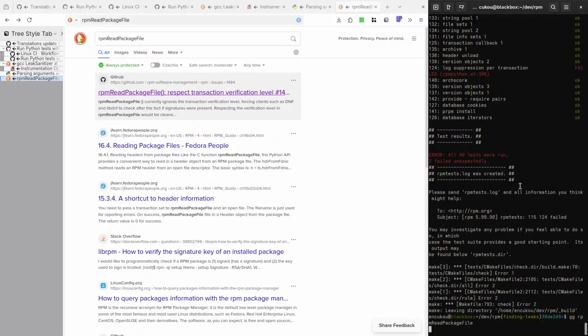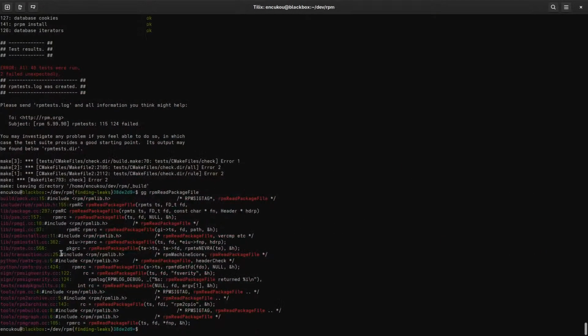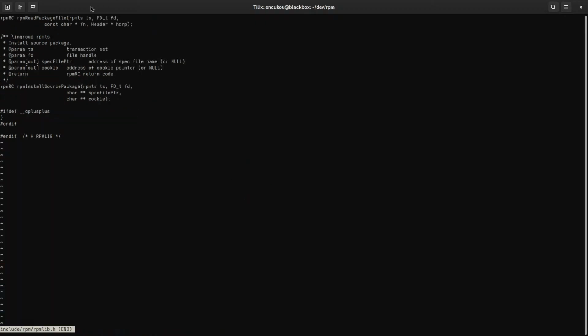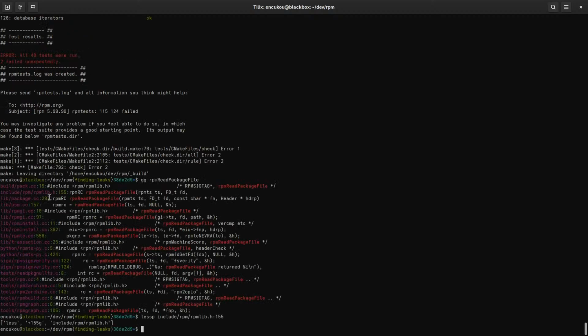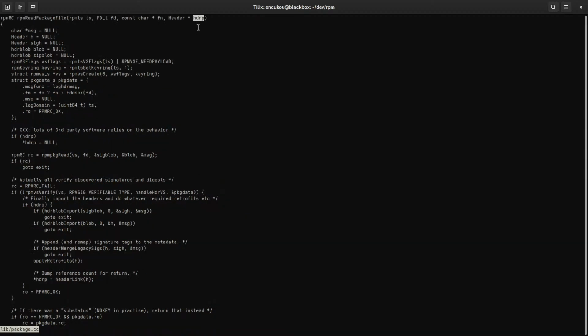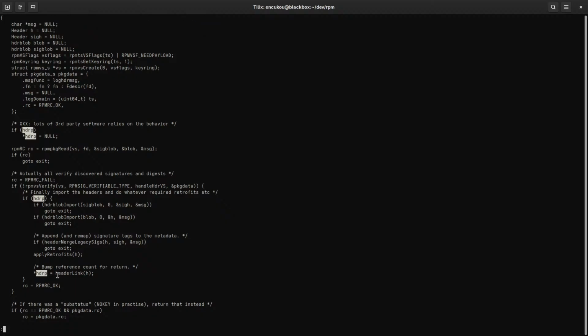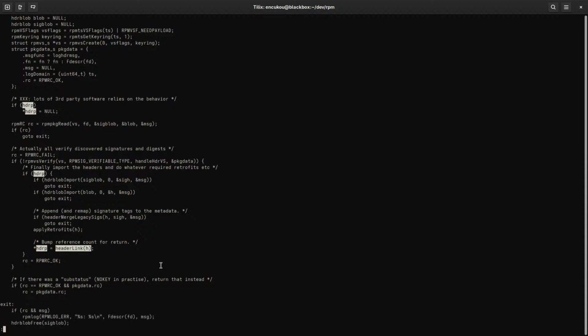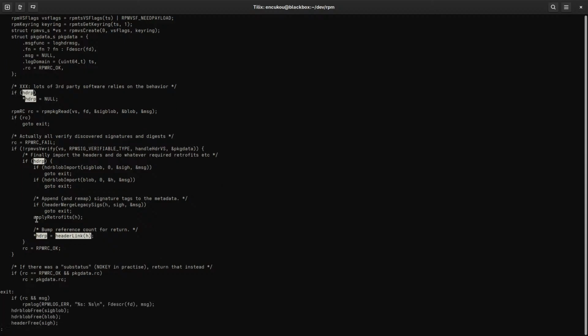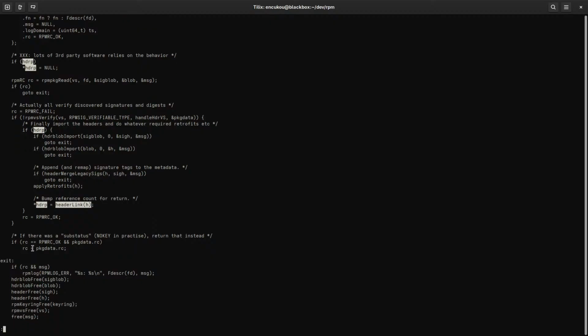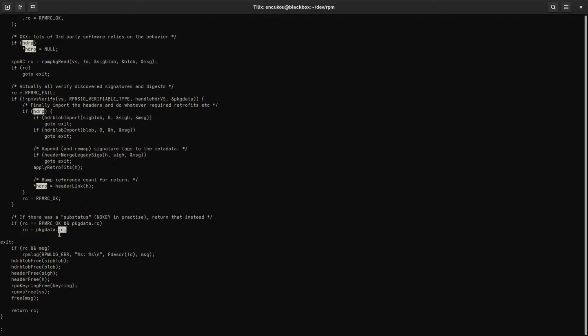Maybe we can look at how it's defined. This one, oh, that's the header. This one, HDRP. So HDRP is set to header link. And then RC is set to something.